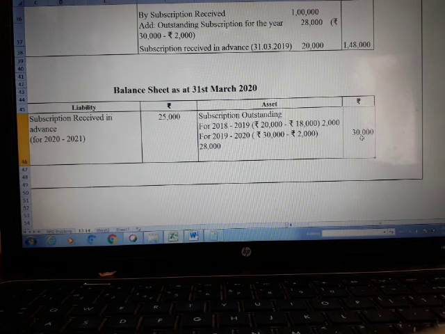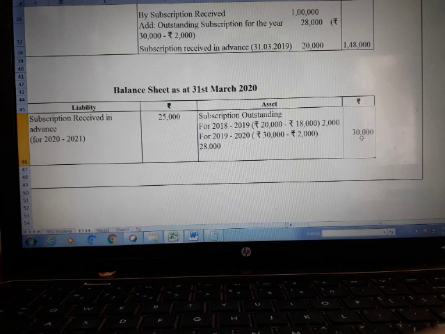If you have any doubts, please don't hesitate to ping me or get it clarified. I'll post the sums that you have to do as homework. Please understand these three problems. Each problem varies from one to another. All these problems pertain to preparing the subscription account and the balance sheet. So please be very careful. Whenever they give balance sheet, you have to prepare the balance sheet. Whenever they give final accounts, you need to prepare the balance sheet.